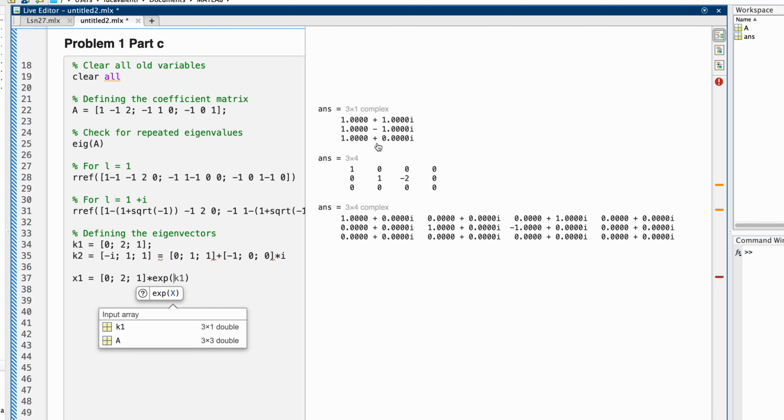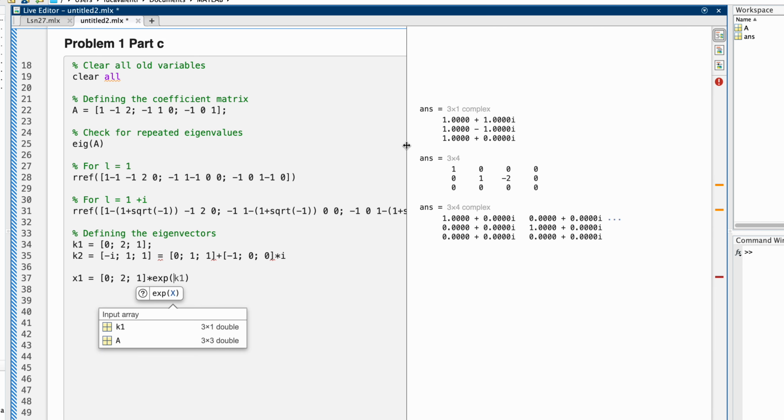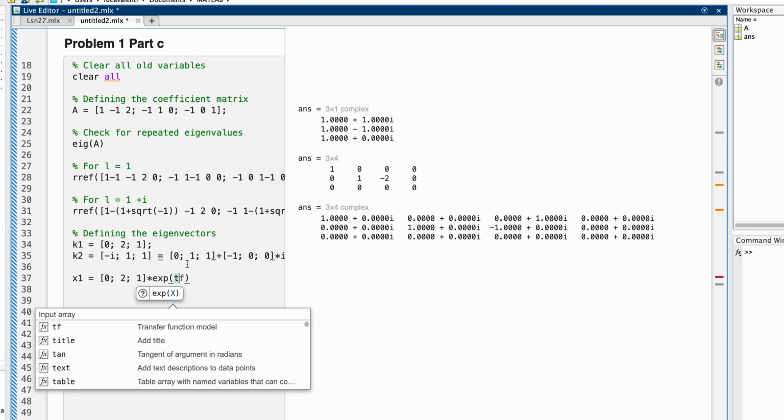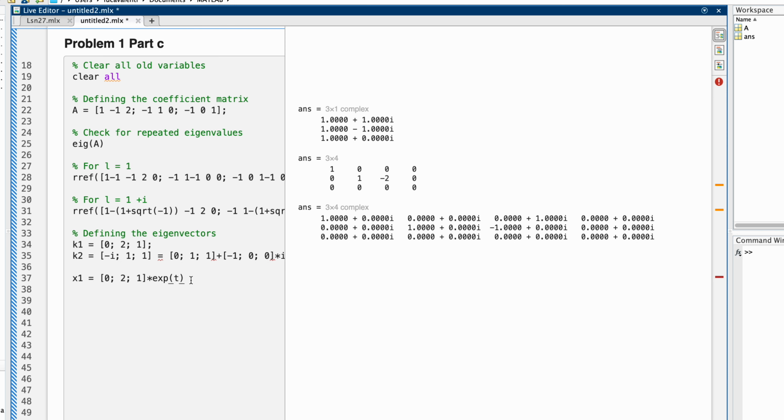And we know that the eigenvalue came from lambda equals 1. So e to the 1t. And that's one answer. Now another answer is going to be the real part of this, which is this one,